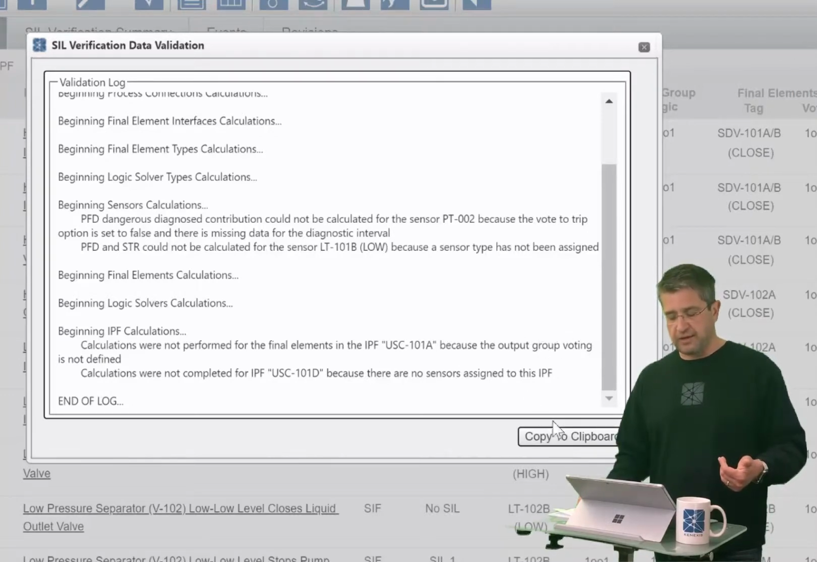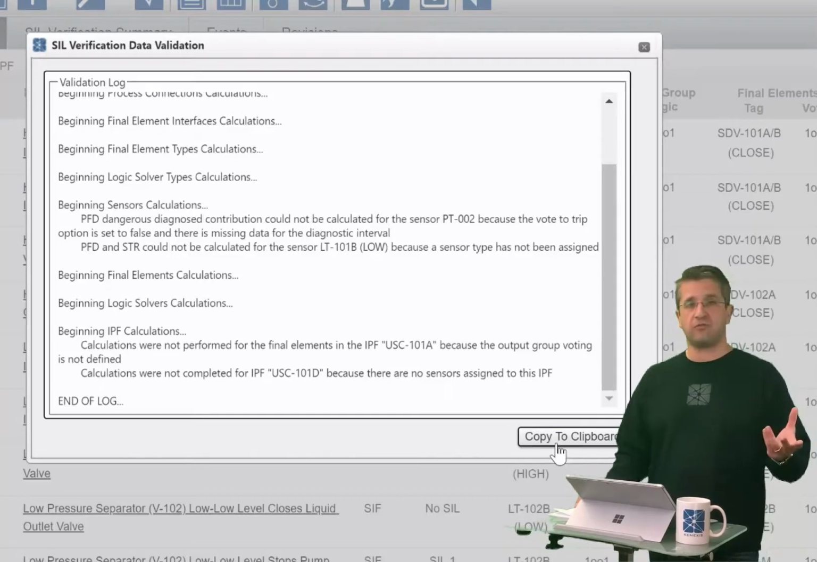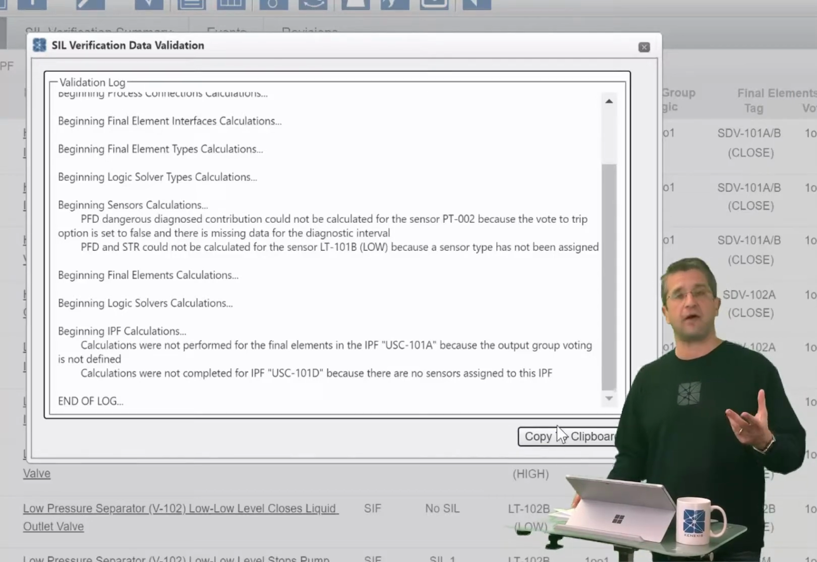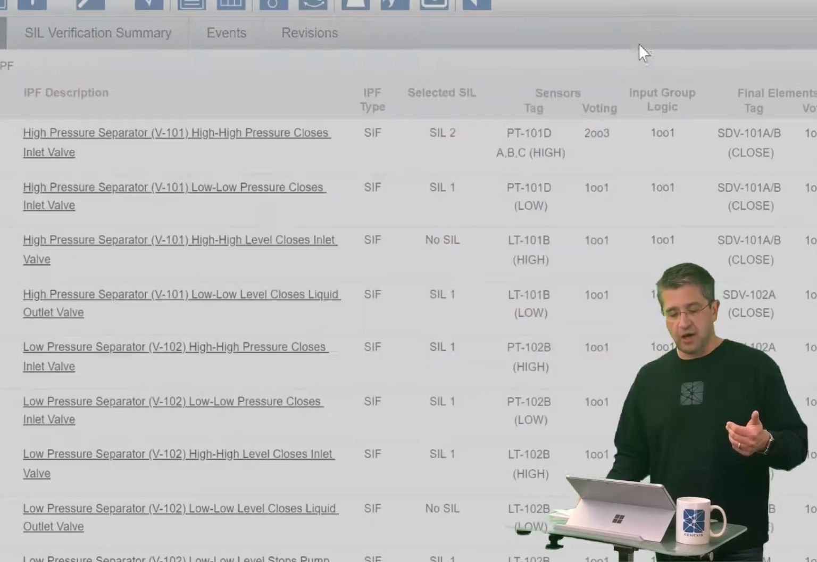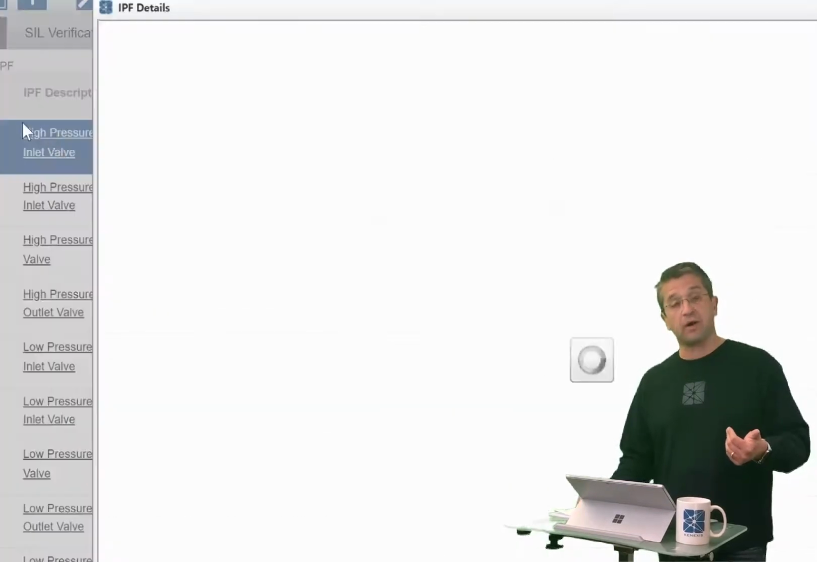So let's go ahead and, well, if we wanted to, we could copy this information to a clipboard and send it via email if you're looking to get help from support@kenexis.com. Or if you want to go and look at this information yourselves, let's go back into USC 101A, and